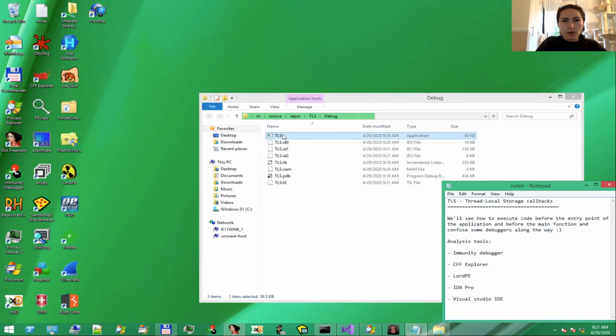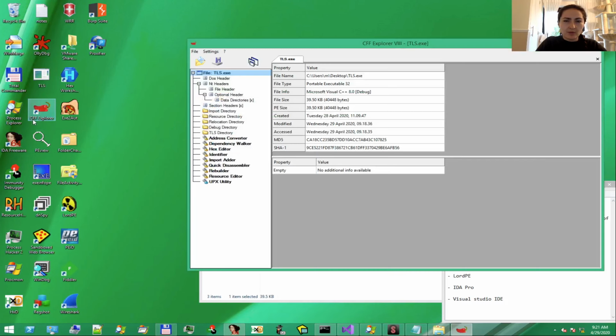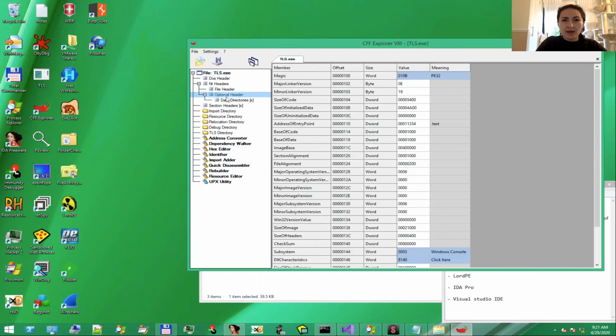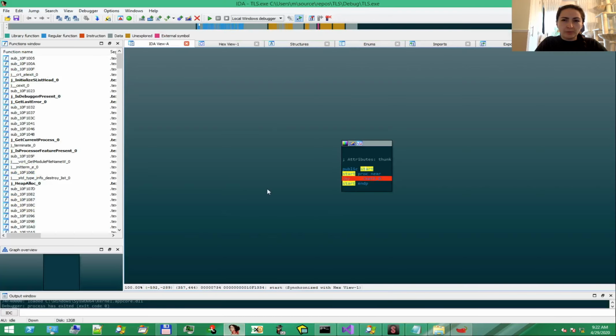For this, we'll open the application in a PE analyzer tool, for example, CFF Explorer. Inside the optional header, we have the address of entry point, which is 11334, and also very important, the image base, which is 004 and 5 zeros. Copy the address of entry point and go back to IDA.